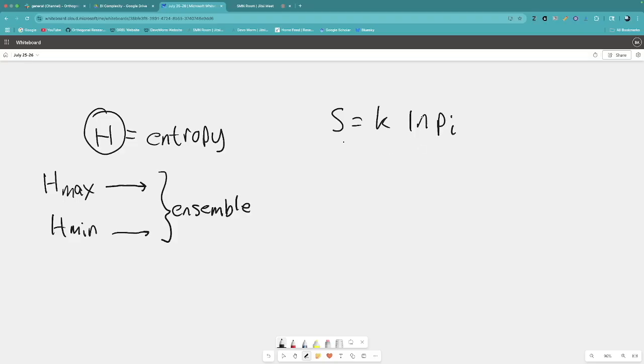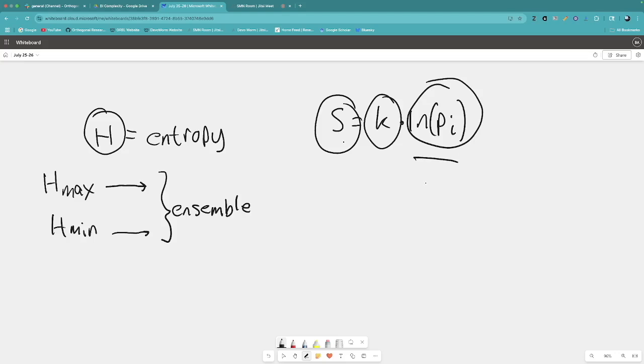Something like this. If I translate it into something analogous to H, it's S, and then you have this constant, and then you have the natural log or transform, and then this probability. And what you're doing here is you're calculating this as an ensemble of microstates. So the idea is that in energetics, you have molecules that are all in these different microstates. You're finding the probability of any one set of states.